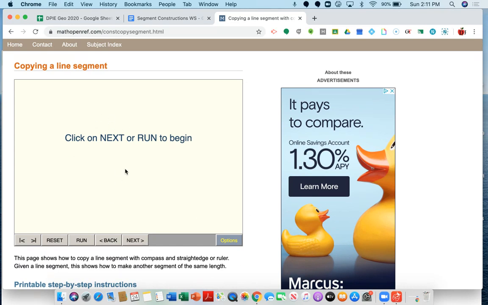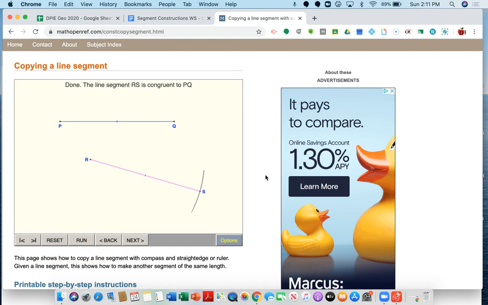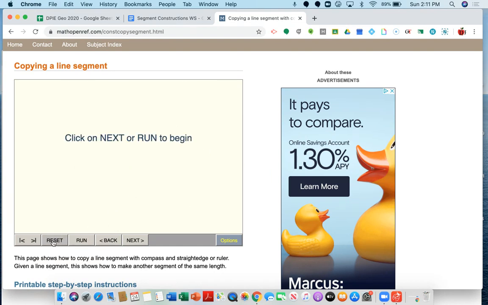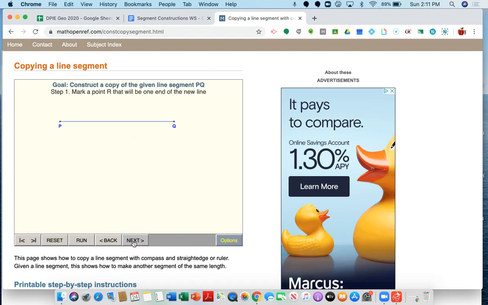So when you go here, this is just an animation. It's an applet that just shows you an animation. So you can just click on run, and it'll run through the entire construction. And you can just watch exactly how to do the construction. This is super useful, especially for strongly visual learners. It's really nice to see this. The other thing you can do is just go next, and you can click through next, next, next. You can just go step by step, and then it will also tell you step one, mark a point R. That will be one end of the new line. And then it'll go step two, step three,